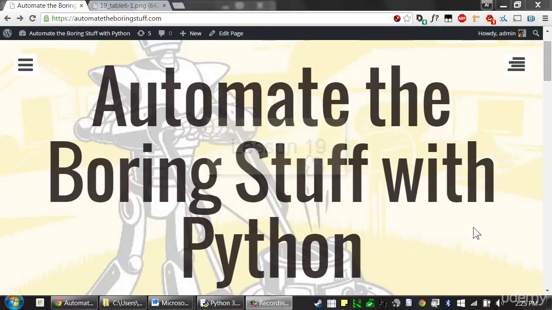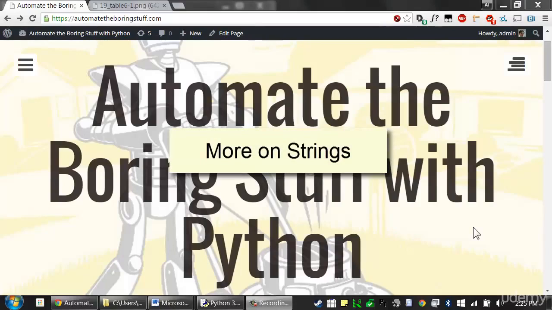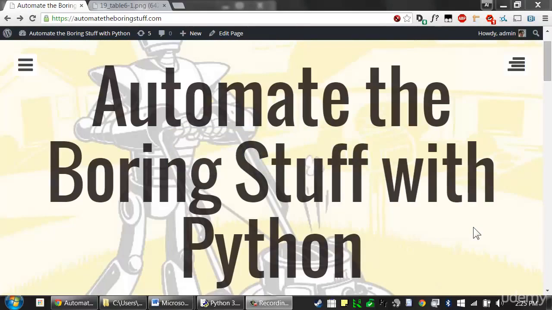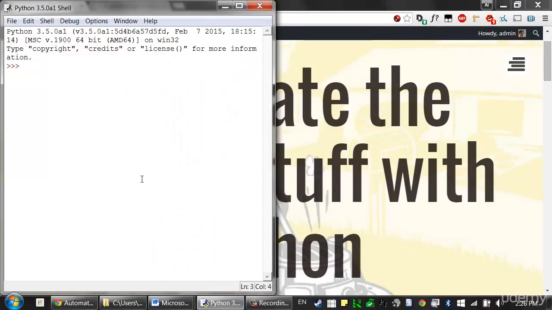Welcome to Lesson 19, which roughly covers pages 123 to 127 of the Automate the Boring Stuff with Python textbook. Text is one of the most common forms of data that your programs will handle. You already know how to concatenate two string values together with the plus operator, but Python can do much more than that. Let's take a look at some of the ways Python lets you write, print, and access strings in